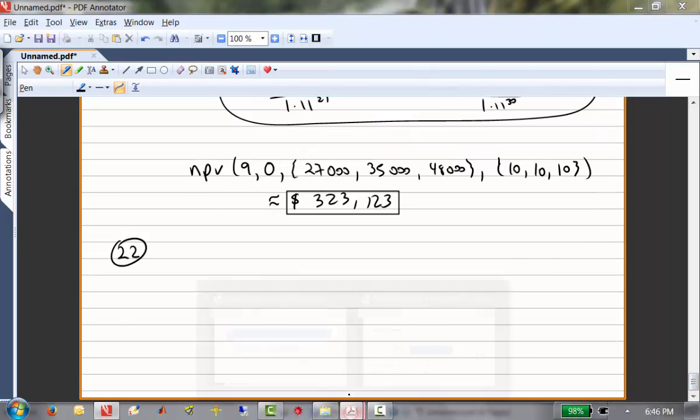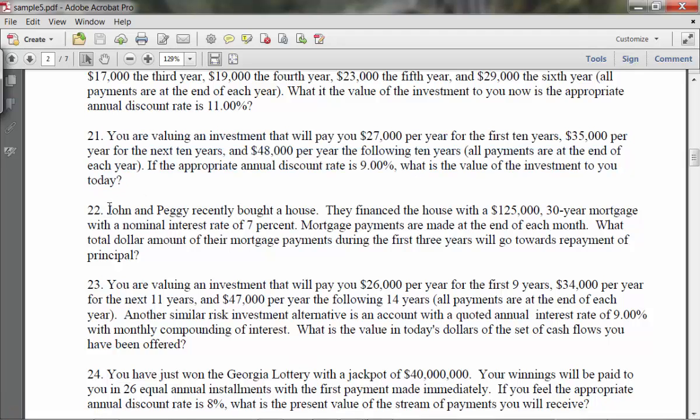Increasing difficulty here. So number 22. John and Peggy recently bought a house. They financed the house with a $125,000 30-year mortgage with a nominal interest rate of 7%. Mortgage payments are made at the end of every month. What is the total dollar amount of their mortgage payment during the first 3 years that will go towards repayment